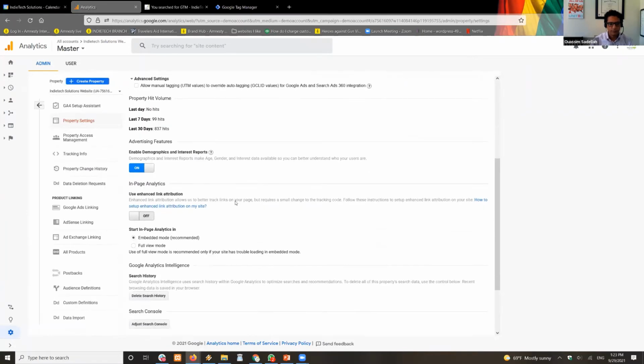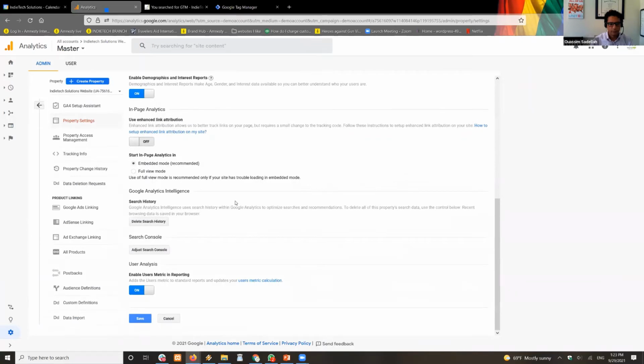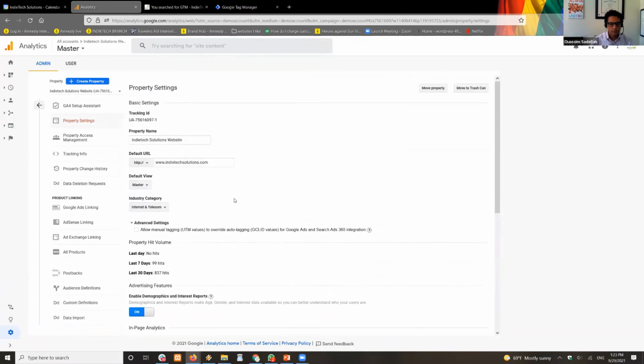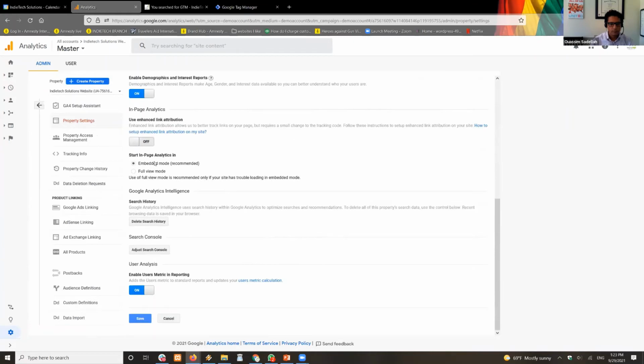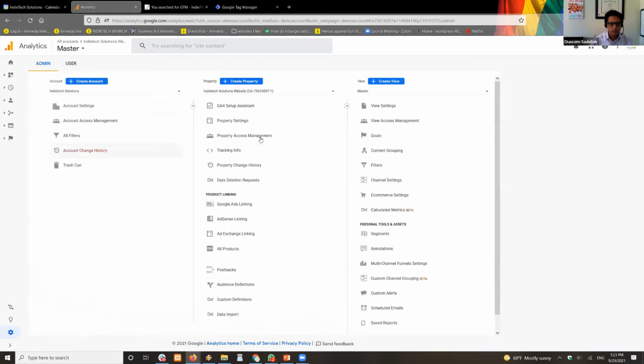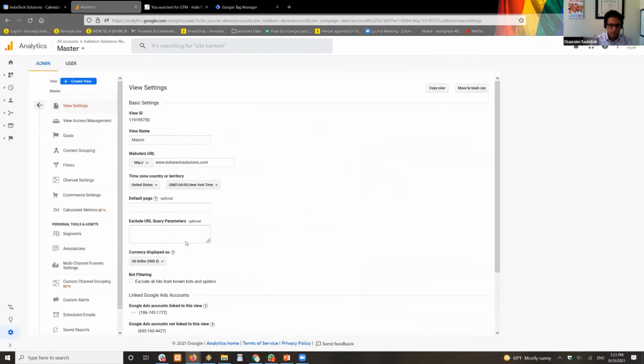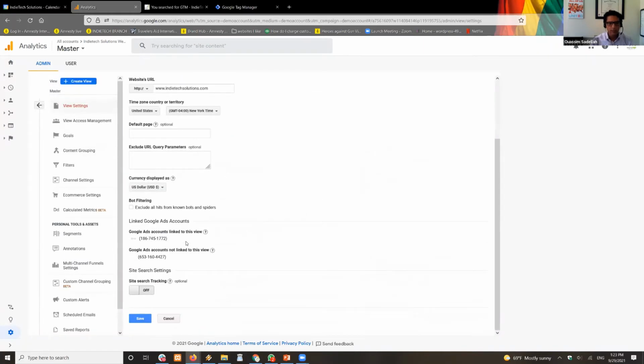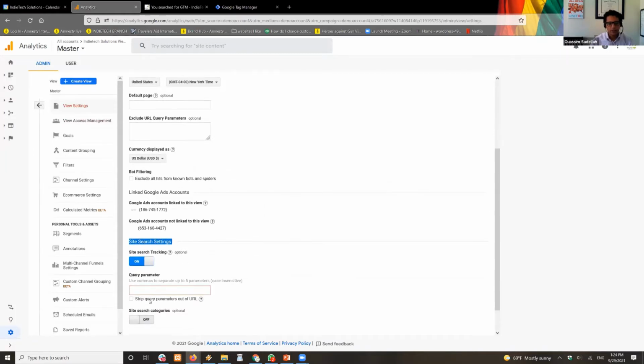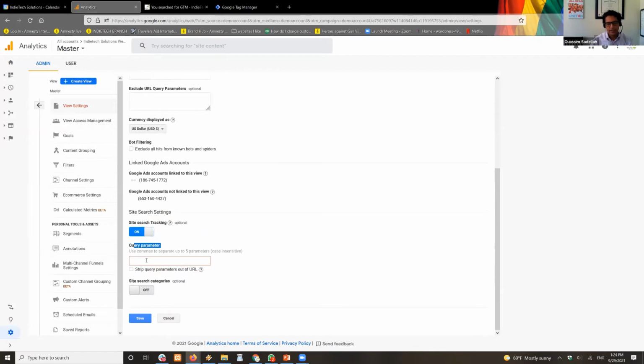Okay, it has to be view settings. Yeah, so it's under view settings, and here under site search settings, turn it on. And then it asks for the query parameter.